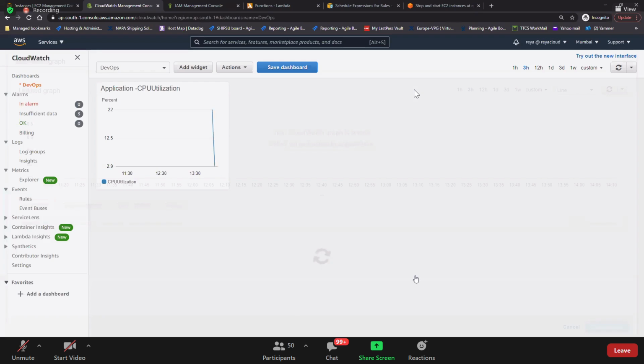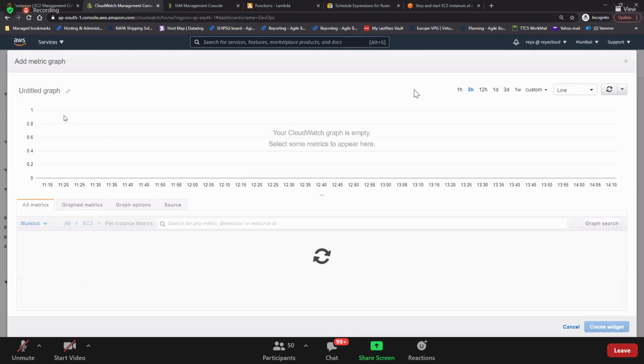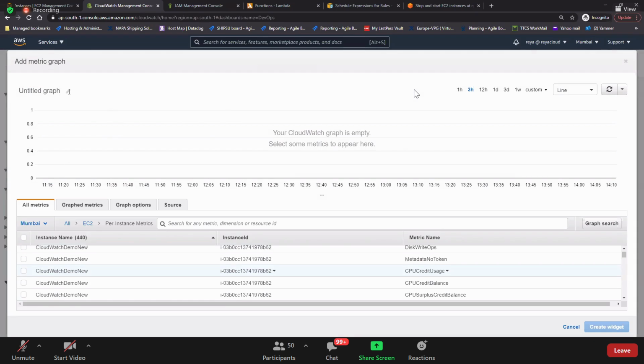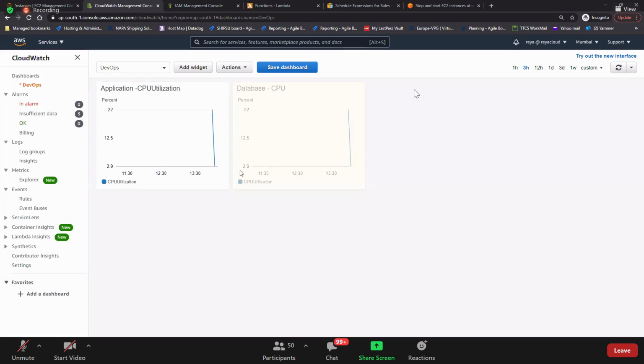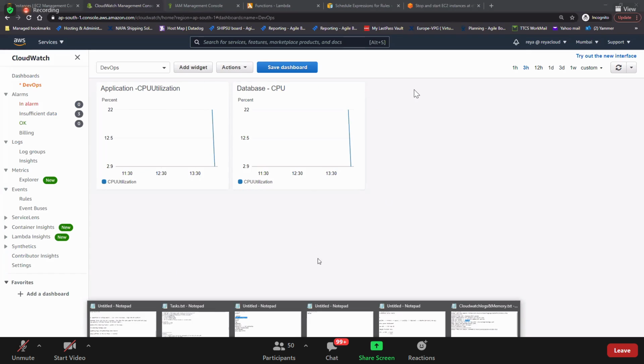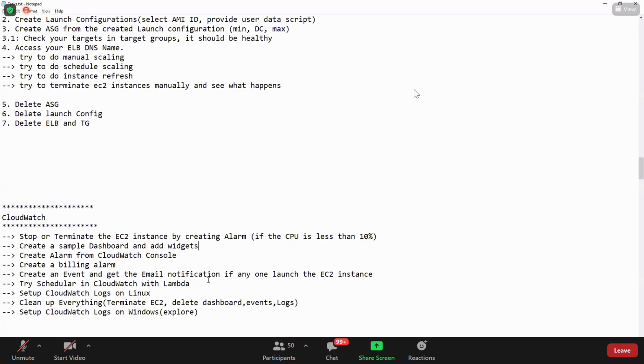For example, I'll select something and call it database CPU. I can have it in one place. You can create a dashboard like this and everything can be visualized in one area. Basically, a dashboard is simply for a quick view. So create that and add widgets.